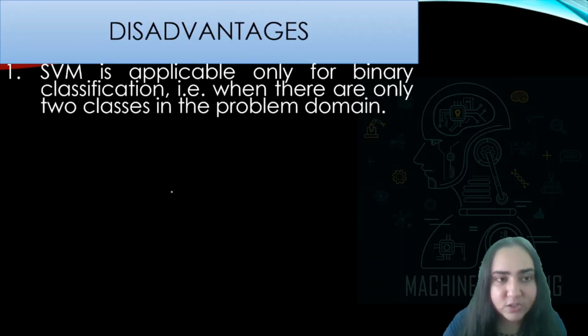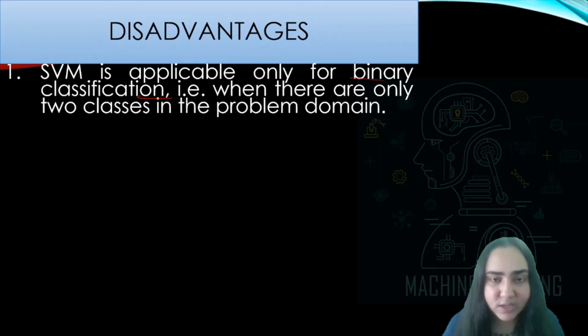The disadvantages are that it is applicable only for binary classification. Okay, so that means, just like we saw an example, like whether someone gets a job or not, there are only two possibilities, yes or no. Whether some object belongs to a blue class or a red class. So there are only two possibilities, blue and red. If you want even a green class and a pink class, then that's not possible with an SVM.